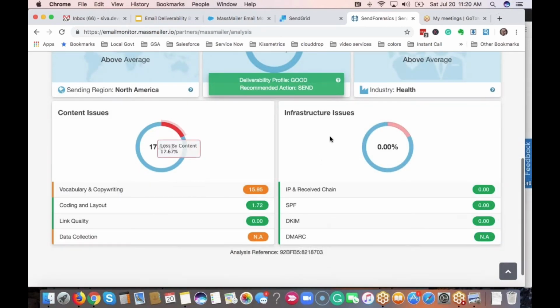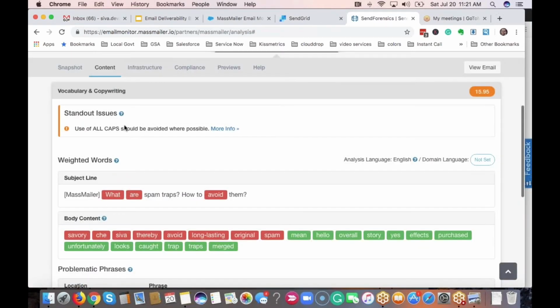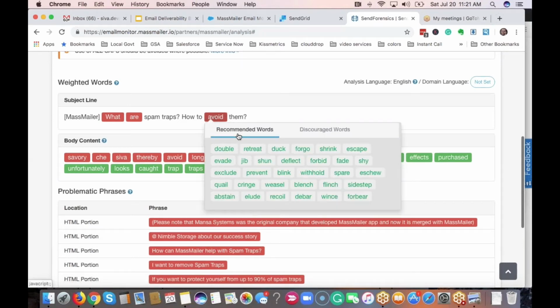If you look at this, it's highlighting the content issues and also the infrastructure issues right there. You can drill down into what the content problem is. If you click on that, it uses certain comments here, such as using all caps should be avoided. If you click on this, you can actually get into the knowledge base, and it gives you all the information on what is necessary to make sure that you're not getting into the caps lock issue. Similarly, it's got the subject line and the body content, and it's highlighting certain words in red color. If you click on that,